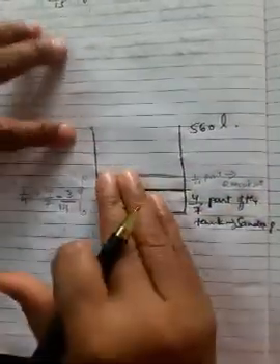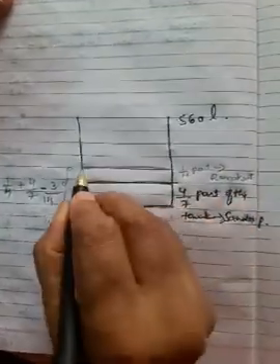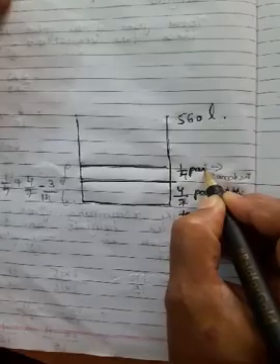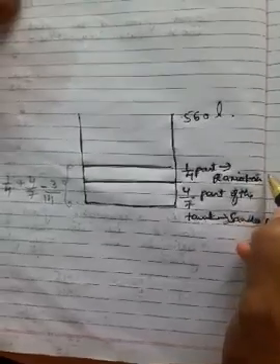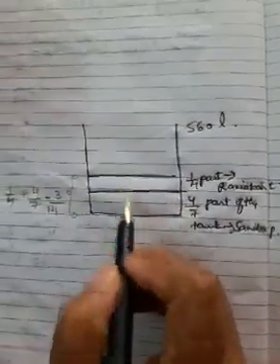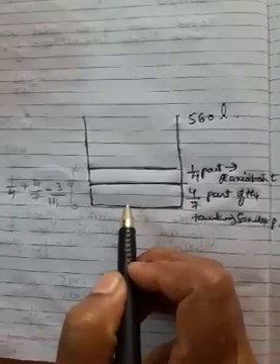Okay, again one more person came. What is the name of that person? Ramakant. He filled how much water? 1 upon 4 part of the tank. That means this much water is now filled in the tank. Now you should find out how much water is filled in the tank.